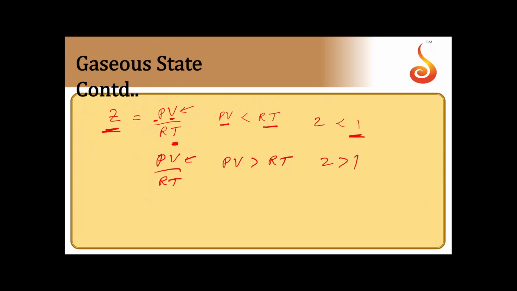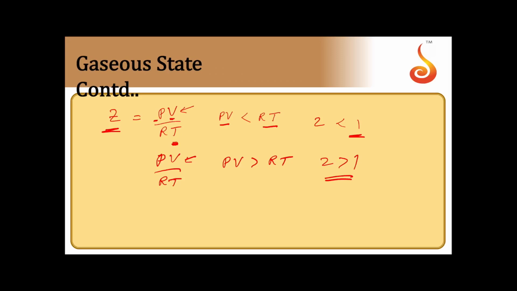When the volume is more than the expected volume, the molecules are slightly moving away from each other. That is possible if they are experiencing repulsions. So, when the gas experiences repulsions, Z will be more than 1. When it comes to an ideal gas, the value of Z is always equal to 1 because an ideal gas does not have any force of attraction or repulsion between the molecules. That is regarding the compressibility factor.